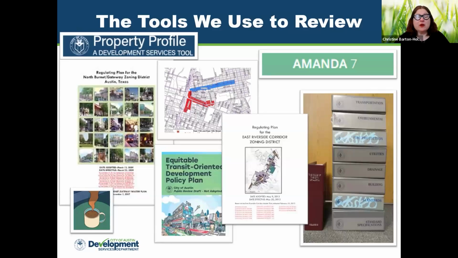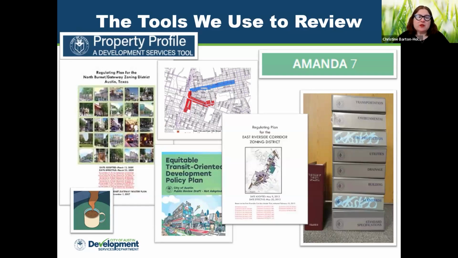So there are a lot of tools in our tool chest for reviewing the zoning. My team reviews site plans for commercial uses when they're submitted to see if the use is allowable, and to give entitlements to that site to be able to build a commercial structure, whether it's a 7-Eleven or a 90-story tower.